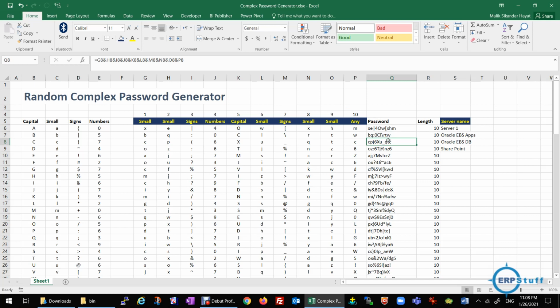So, if you want to increase this length, you will have to increase this formula as well. Here you will have to concat the next column as well, column and row F6, right. So, this is how it is, very easy.